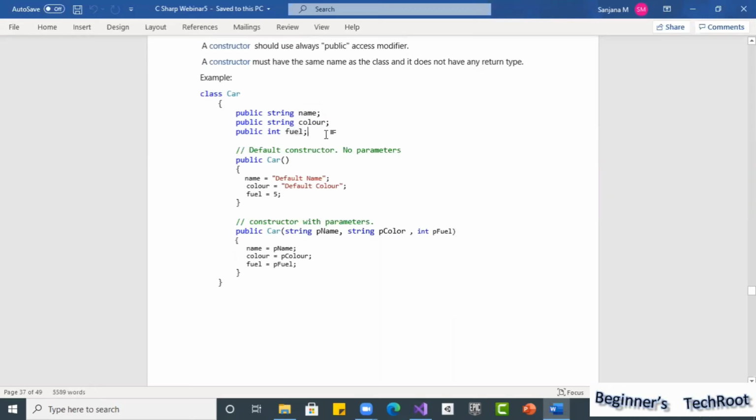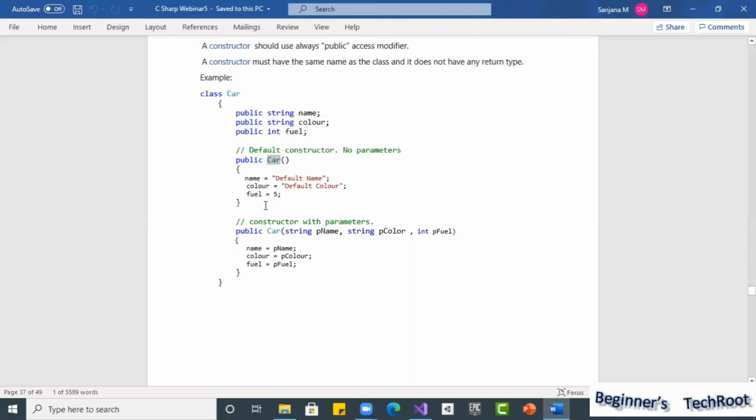So we have three fields defined here. And then the constructor: it has the same class name, Car. The name we should use exactly as it is, and only then is it treated as a constructor.